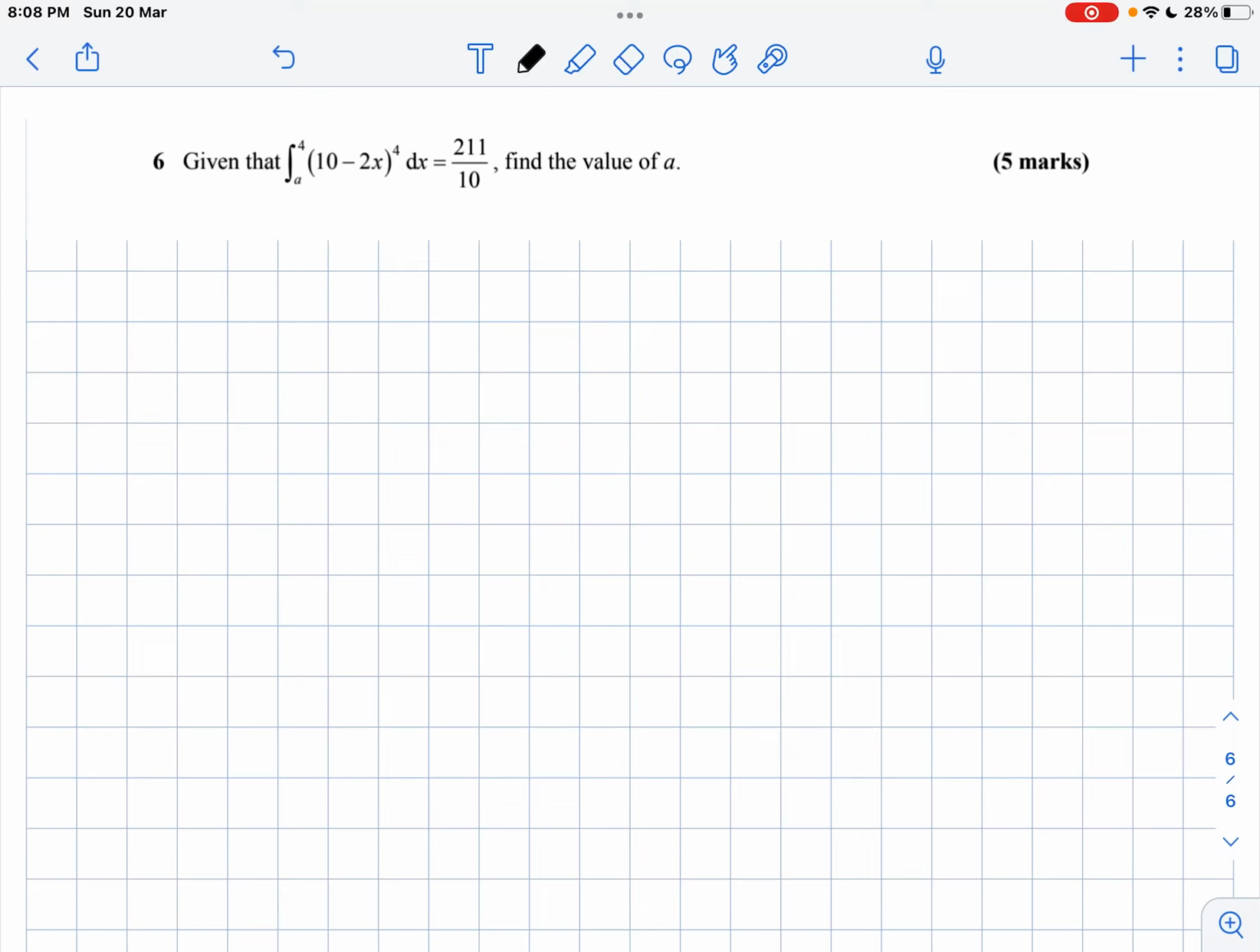So for this question, I've got the integral and I know what it's equal to, but I need to find one of the limits. So I'm trying to integrate the function like this, and I know it's equal to 211 over 10. So remembering that integration is the opposite of differentiation, if I can work out what a function that I differentiate